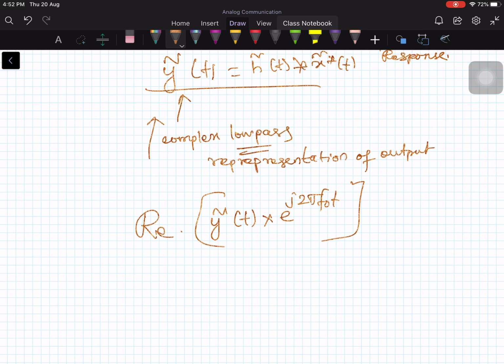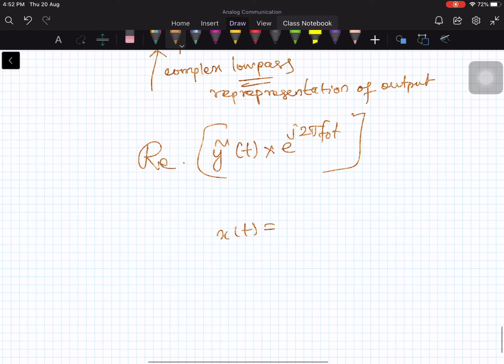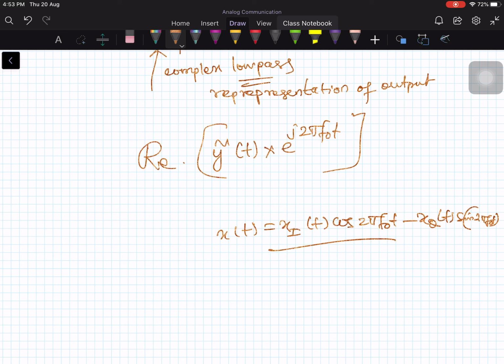So the advantage is that I do not have to write these lengthy trigonometric expressions which will always be there in the band pass signal representation. Because in the band pass signal representation, if you recall, it is the in-phase component times cos of 2 pi f naught t minus x suffix q, the quadrature component, times sin of 2 pi f naught t. So sin 2 pi f naught t and cos 2 pi f naught t, all these terms will come and torture us. So instead of doing that, you can simply work with the low pass version of your band pass signal and the low pass version of your band pass system impulse response, and in shortcut you can get the result.